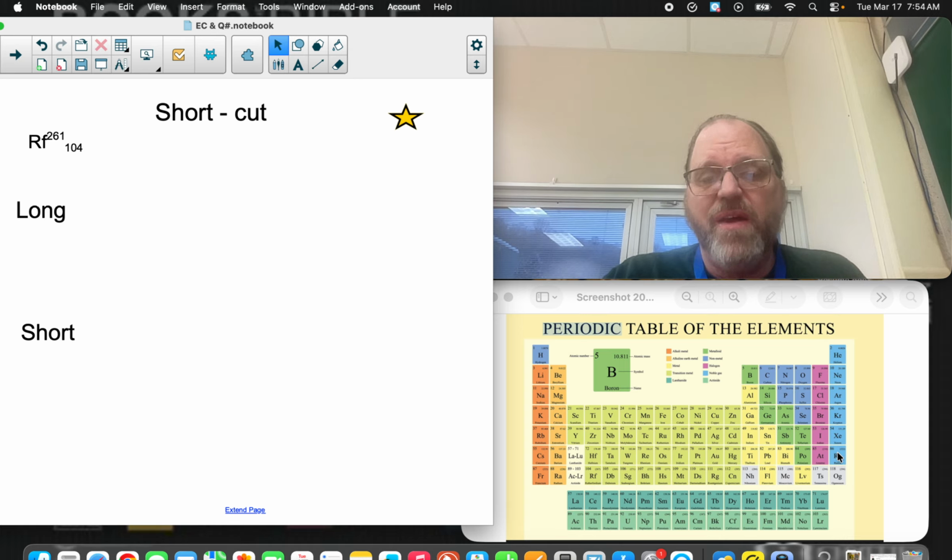So let's do the long method for Rutherfordium. We begin: 1s2, 2s2, 2p6, 3s2, 3p6, 4s2, drop down, 3d10, back up, 4p6, 5s2, drop down, 4d10, back up, 5p6, 6s2, drop down, 5d1, drop down again, 4f14, all the way across, cross 5d1 out, 5d10, 6p6, 7s2, 6d1, drop down, thorium through lawrencium,